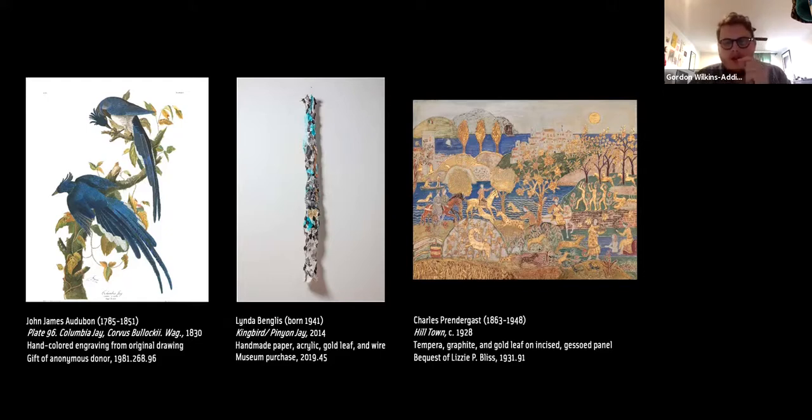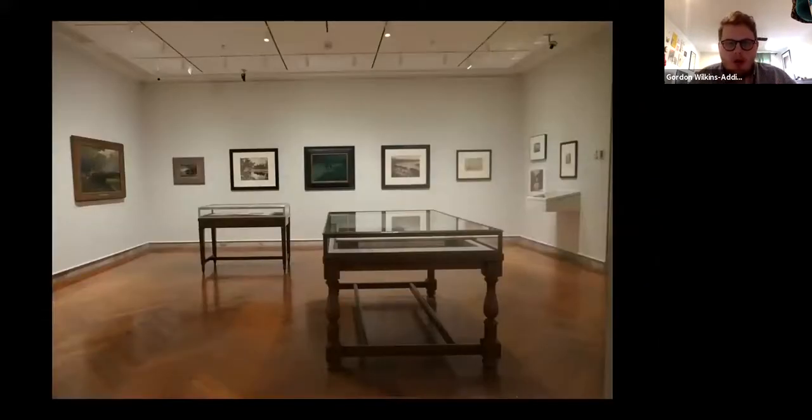And the gold leaf of this exquisite carved panel, which was a gift of Lizzie Bliss and hung in her apartment, this beautiful color palette, this sort of jewel toned, very rich color palette, the blues and the gold leaf really, I think, respond quite nicely or play very well with the Benglis and the Audubon. So these are the kinds of unusual, challenging, surprising, but hopefully fun and accessible pairings that we like to do